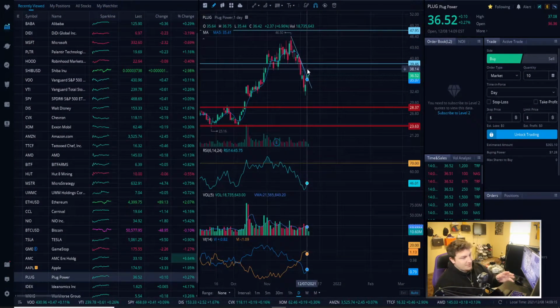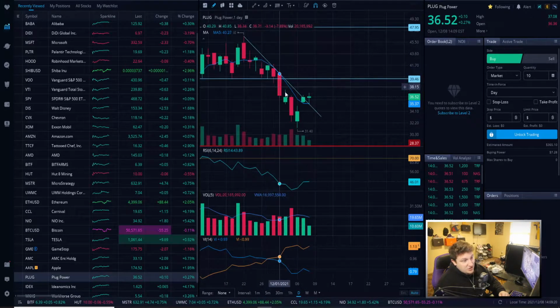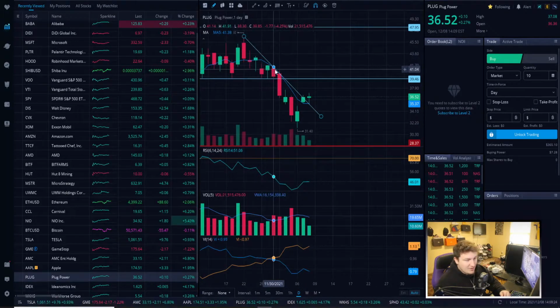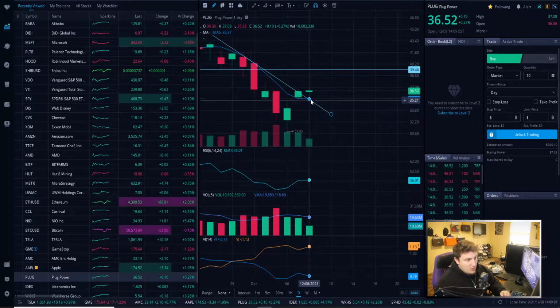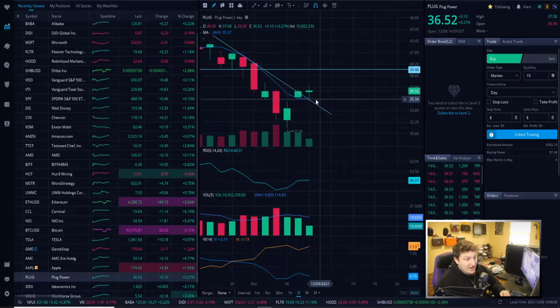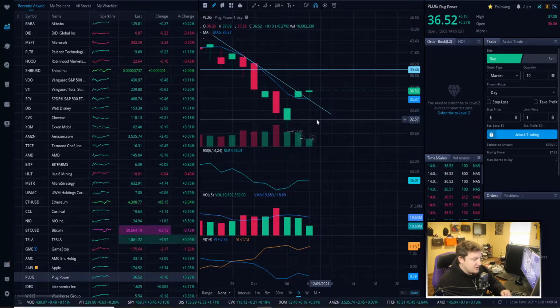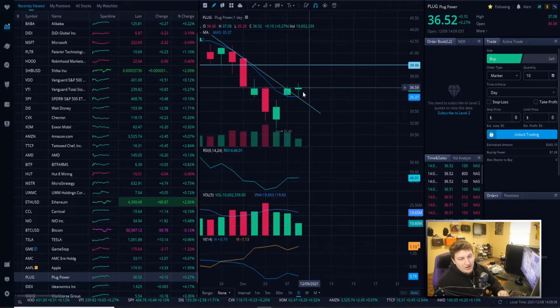So this is something we're looking at short term, a breakout of this downtrend. Obviously, we've been in this downtrend for a little over a week, maybe about 2 weeks now. And we saw a break in the downtrend yesterday and confirmation, bouncing off it and going up higher. So that's something we're going to be looking at, trying to see if this actually breaks out and goes up